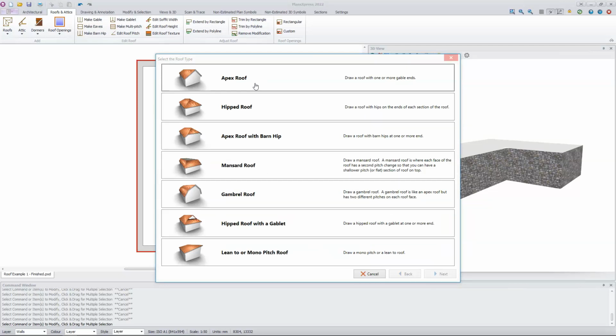If I start by drawing an apex roof, I'll have to draw the roof in two sections. When you're drawing apex roofs, you have to break the roof down into rectangles. This is due to the geometry of roofs and the way the code works behind the scenes in PlansXpress. However, if I select the hipped roof option, I can draw the whole roof in one click. Then I'll only need to tweak one end to become a gable, so I'm going to select the hipped roof